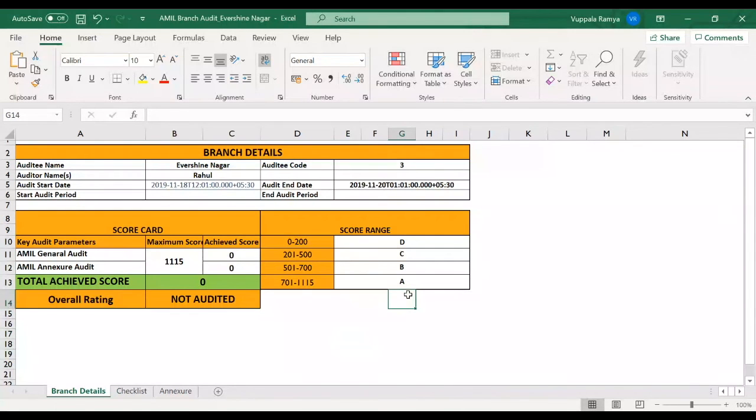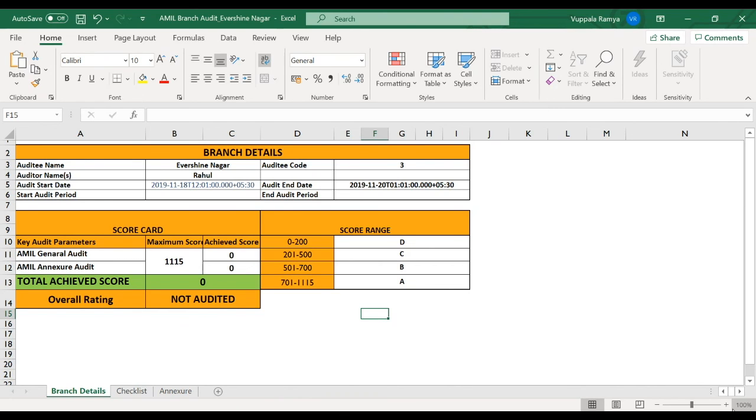I'll just stop sharing and show the Excel. Yeah, it was coming as a blank screen. Is it visible now? Yeah, it is visible now.